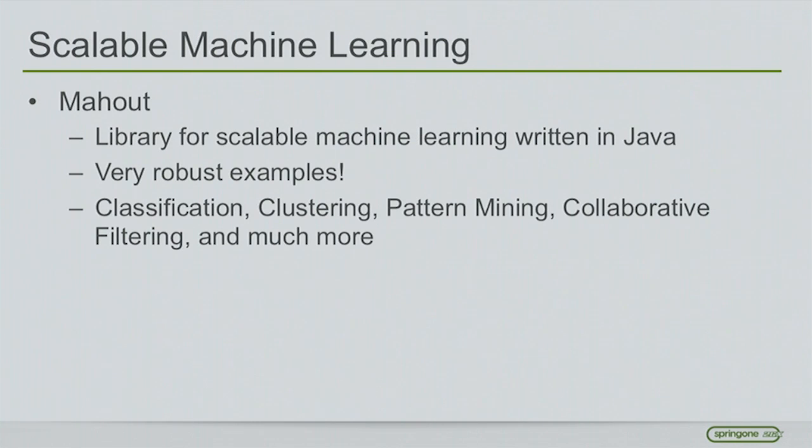For scalable machine learning, there's a library called Mahout. It has scalable machine learning algorithms in Java, for classification, clustering, pattern mining, collaborative filtering, and a lot of other pieces that are implemented in this library. It has a very robust example framework, which is why a lot of people will just use it, but there are tons of parameters to configure for each piece. Another thing is it's really intended as a library for you to develop these machine learning applications. It just has a lot of cool